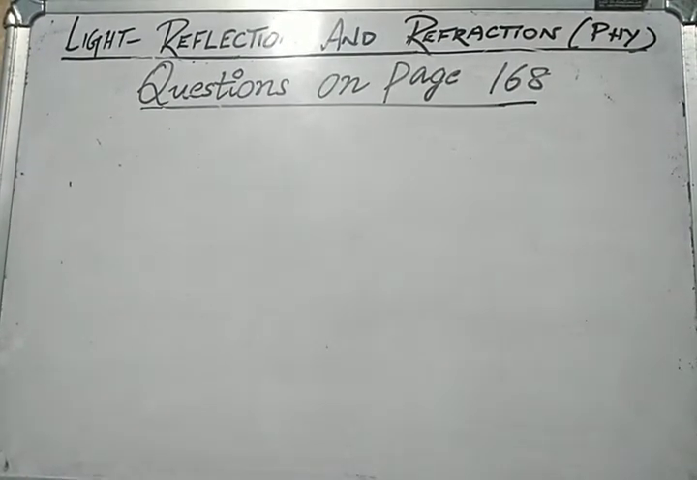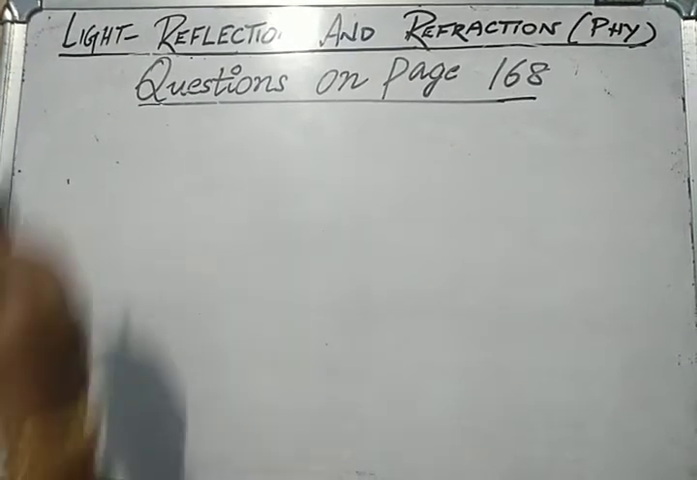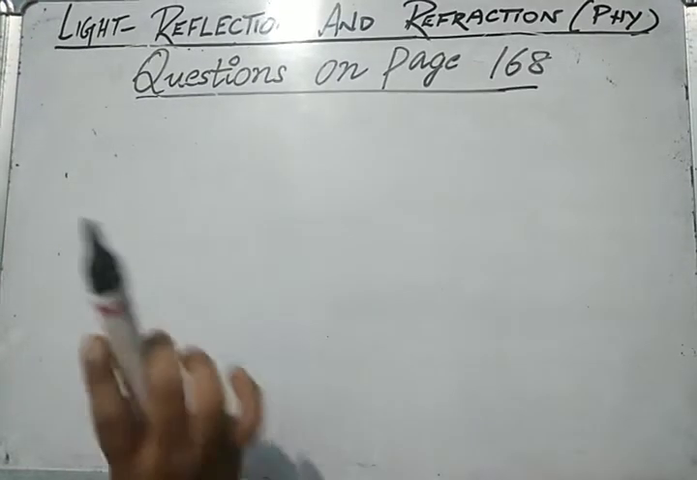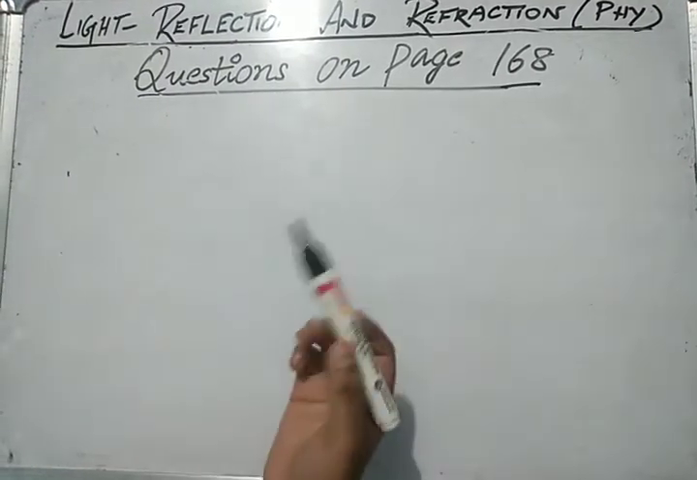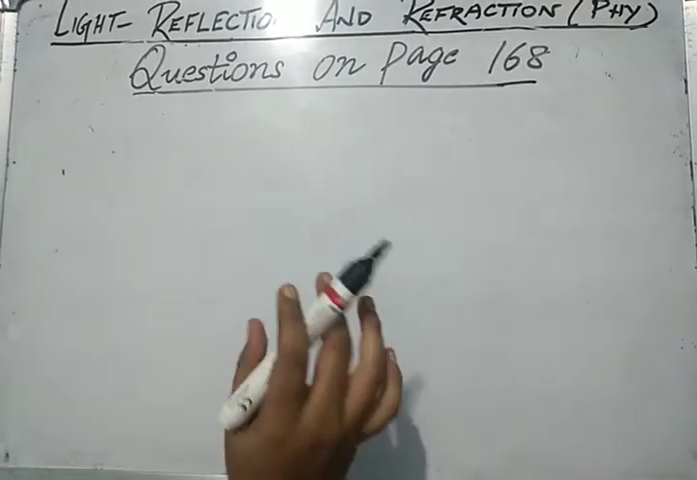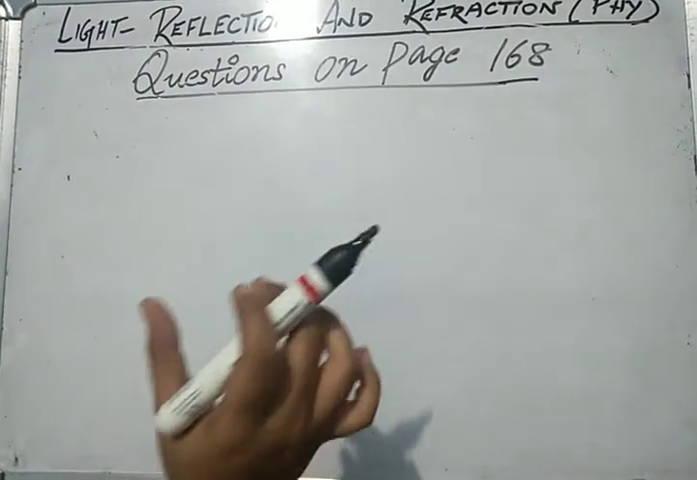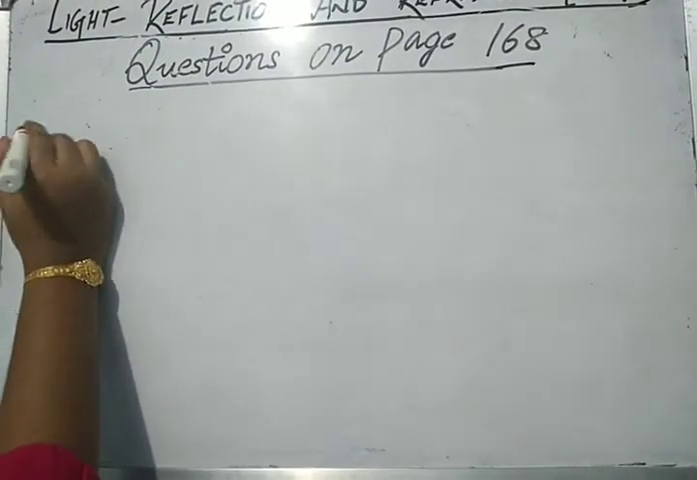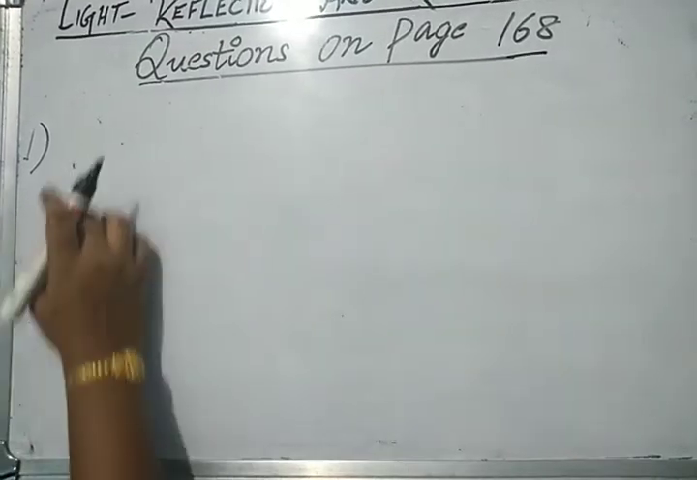Now we'll be solving all the questions from this chapter, light, reflection and refraction. First we'll be going on with all the in-text questions. After we have completed the in-text questions, we'll move on to the exercises. So first I'm going to solve the questions on page 168. We have 4 questions. The first question is,